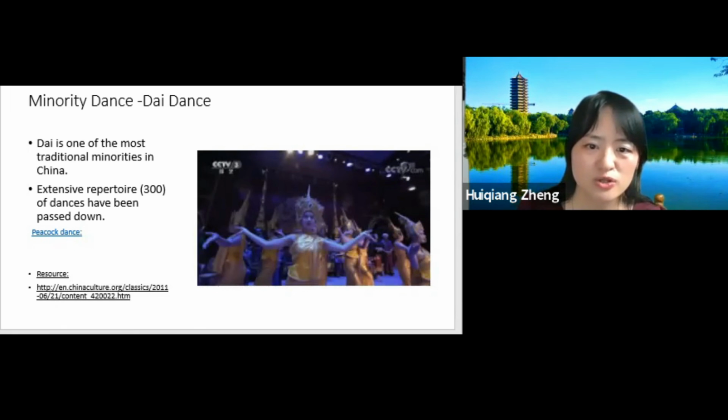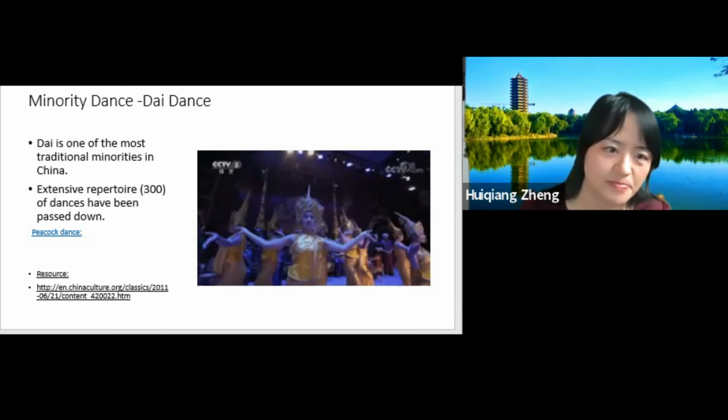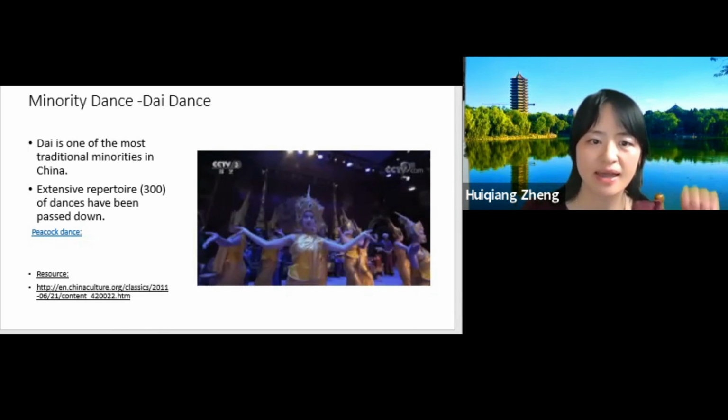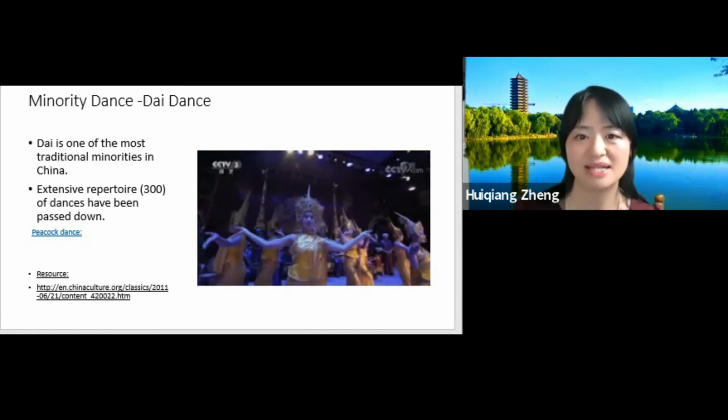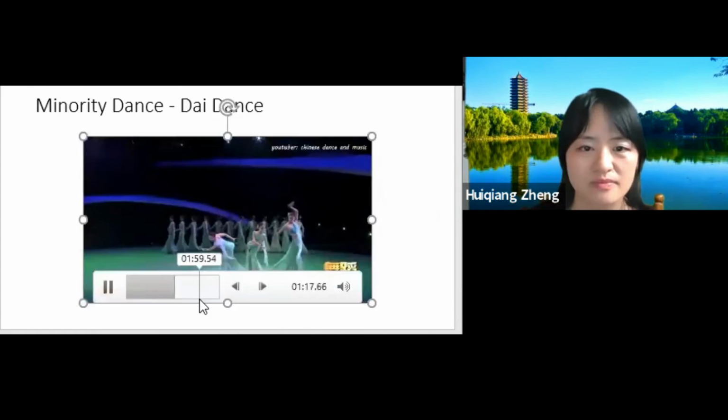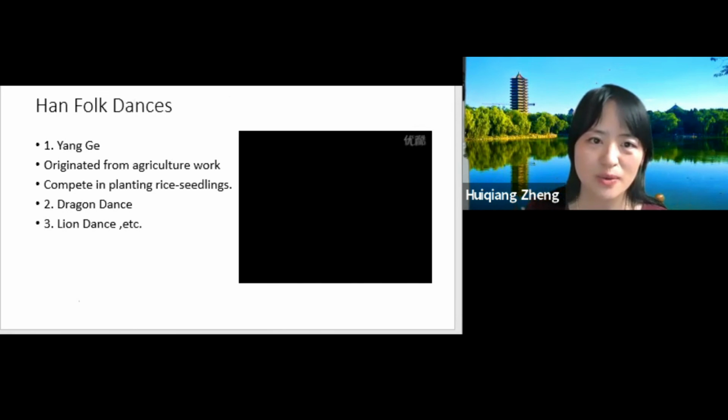Yeah, I'm not going to show you the peacock dance today, but you can search for the peacock dance by Yang Liping, which is very famous. The peacock dance is famous for its quick hand movements, swinging of shoulders, and rich eye expressions imitating the peacock. And the last one I'm going to mention is the Han